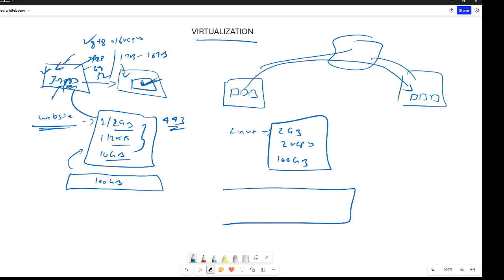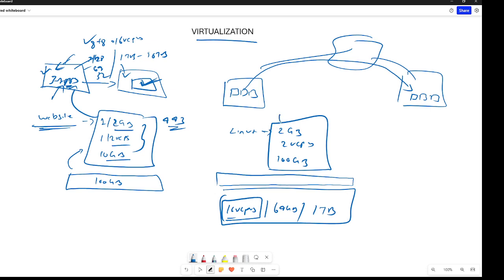Now I have a server which has 16 virtual CPUs, 64 GB of RAM, and 1 TB of hard disk. And here lies the virtualization software. Virtualization is nothing but a software which will help you to host different applications utilizing your physical resources.